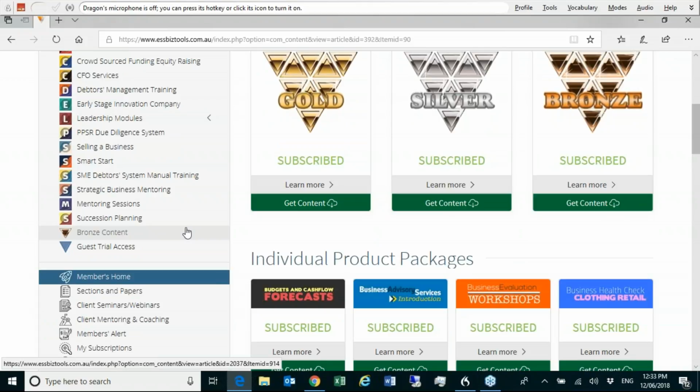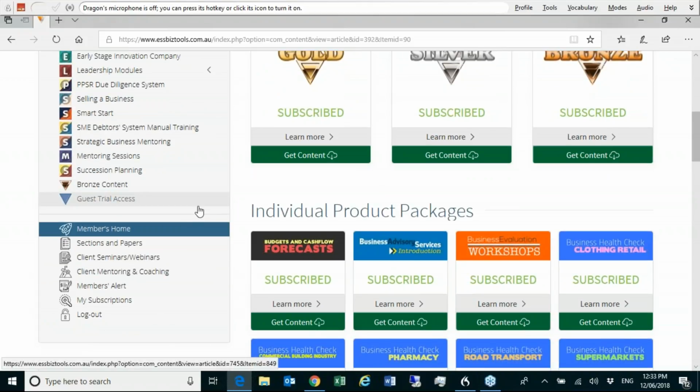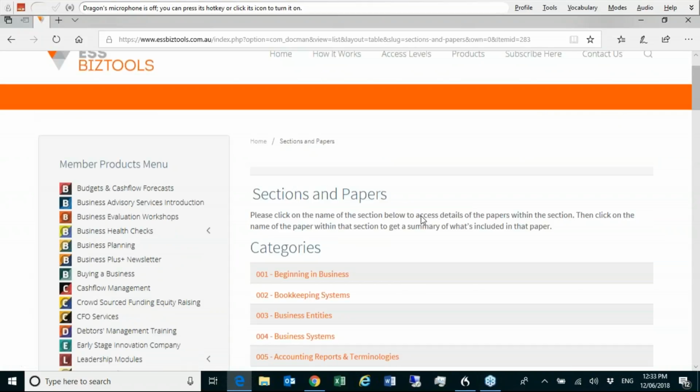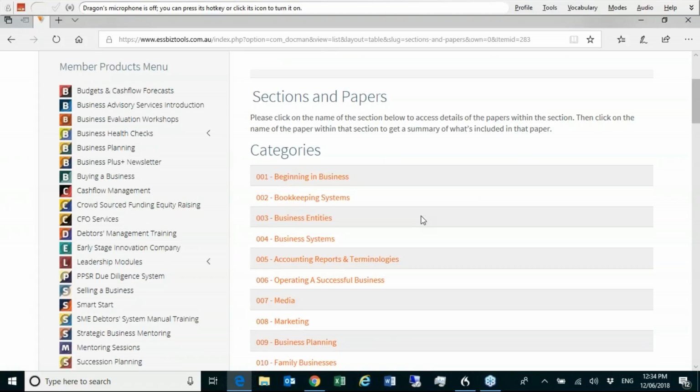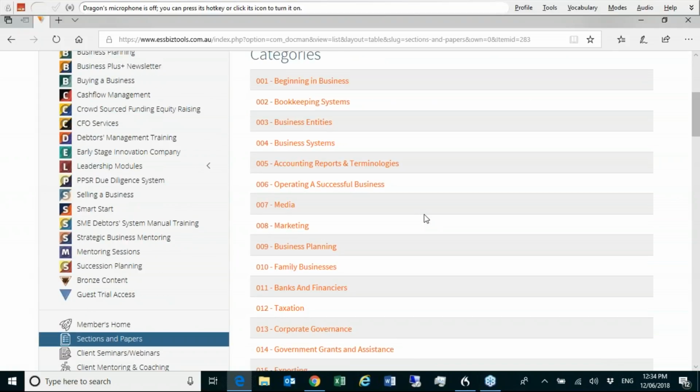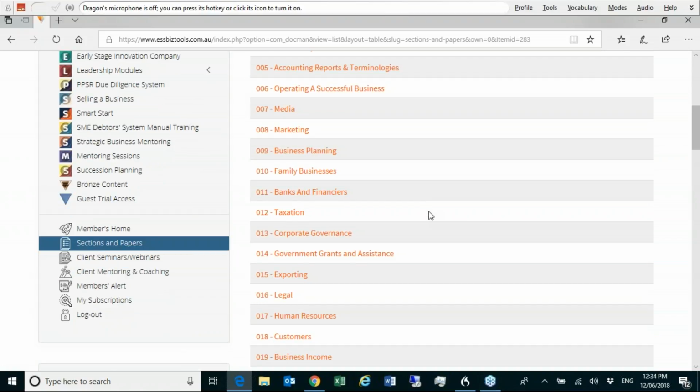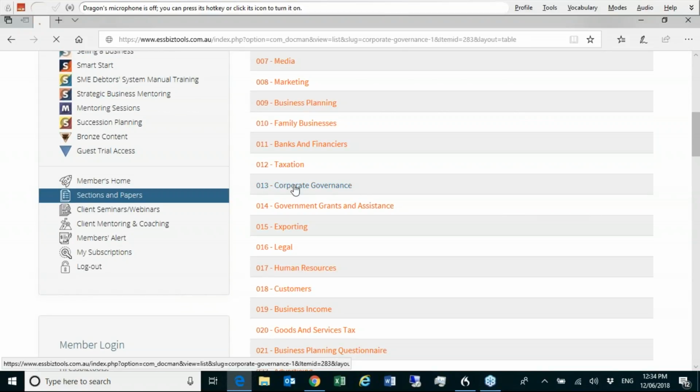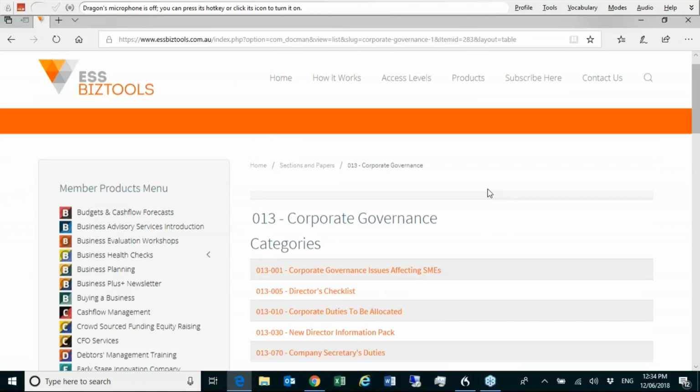The first area I want to go to on the members area is the sections and papers. We're not going to spend much time here because they are basically the same as the previous website. So the individual sections are there, and to obtain what's in a section, all you need to do is to click on the section